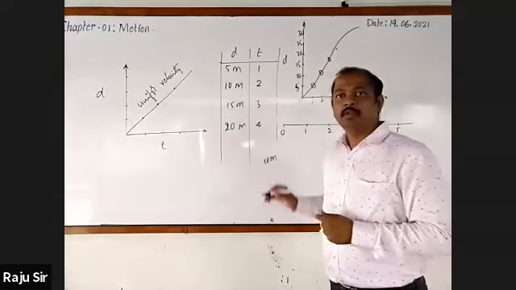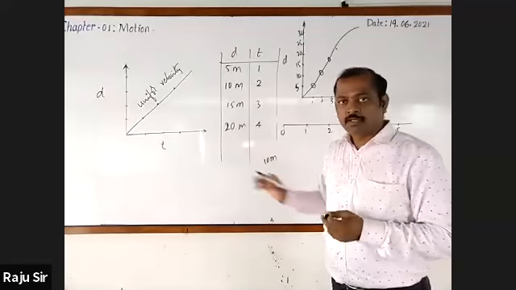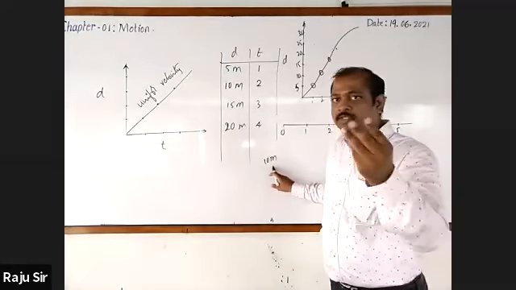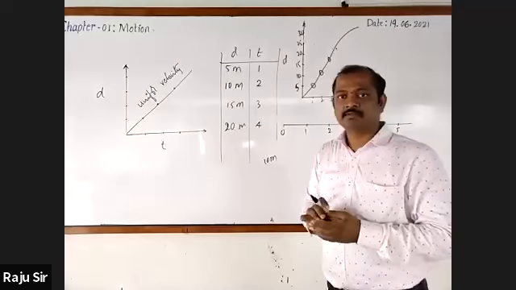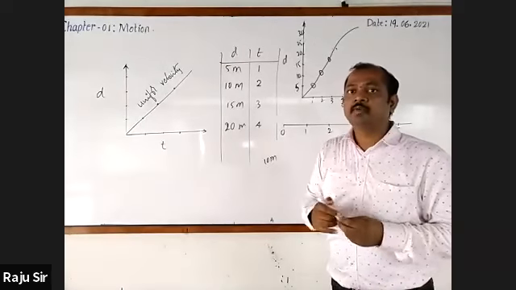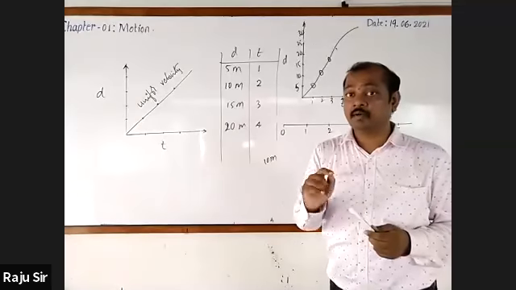Assume that the body has traveled some distance, call it 10 meters. It covers 10 meters in 3 seconds. After that, it takes rest. My question is, what is the distance covered by the body now, after 4 seconds? 10 meters. After 6 seconds? 10 meters.